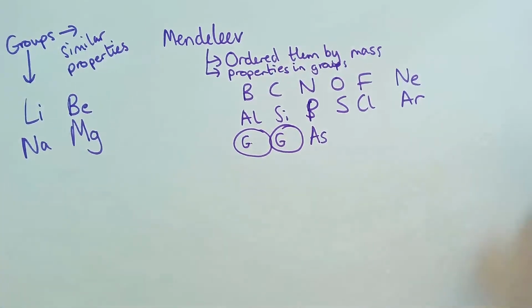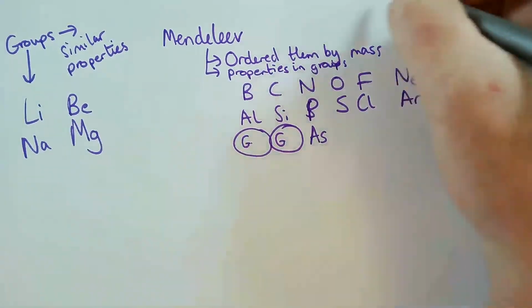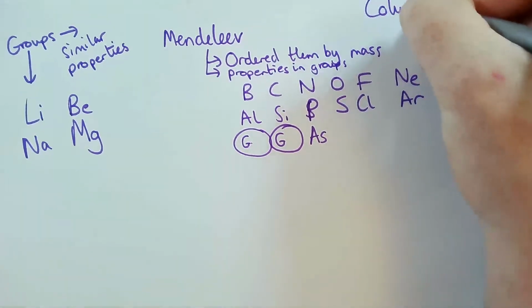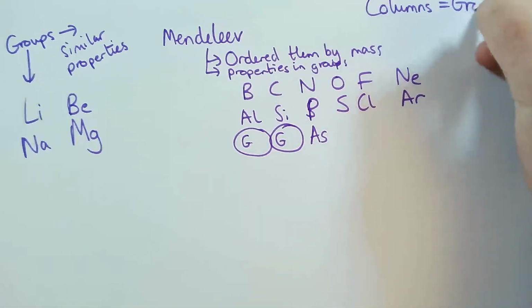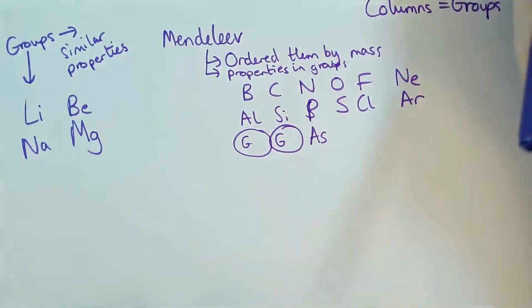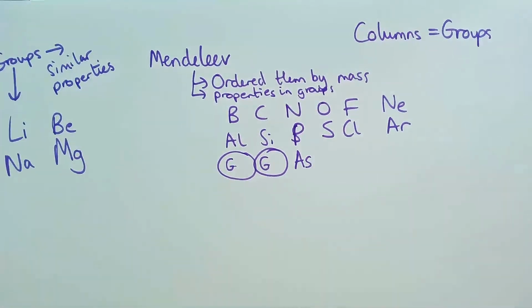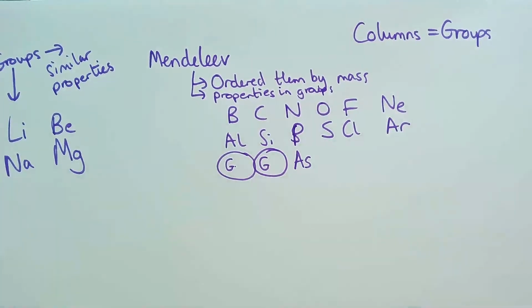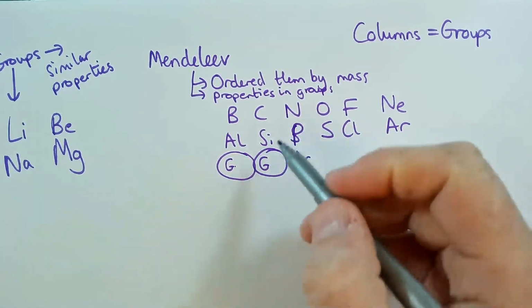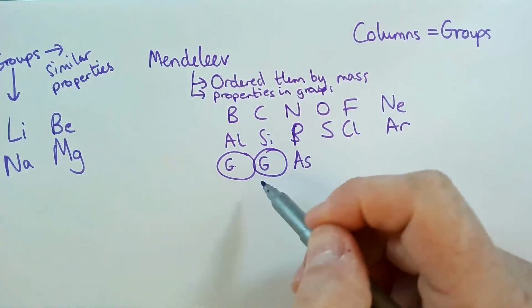The difference between the columns and groups, they're the same thing. So the columns are the groups. All right. He calls the columns a group. So he realizes that these two here,